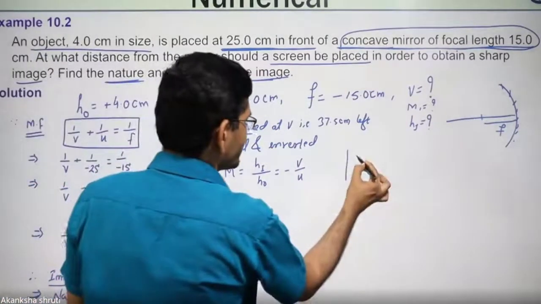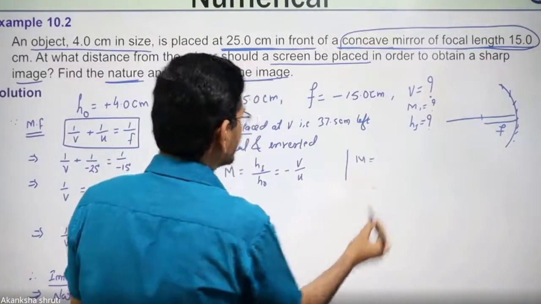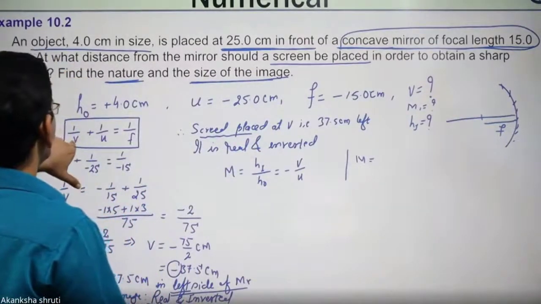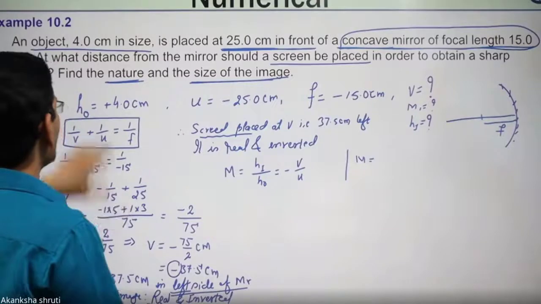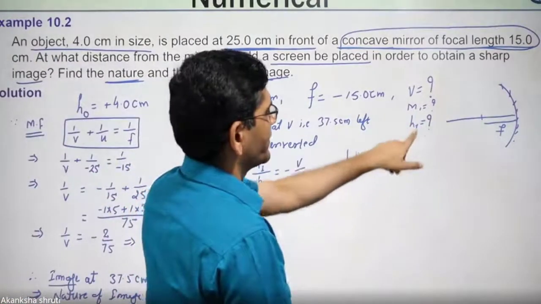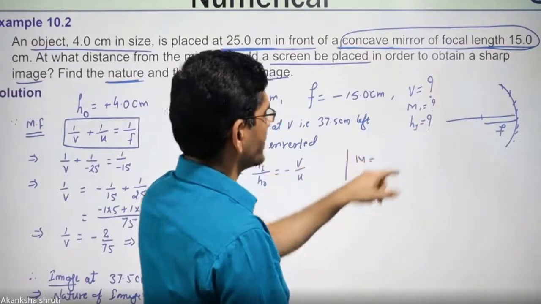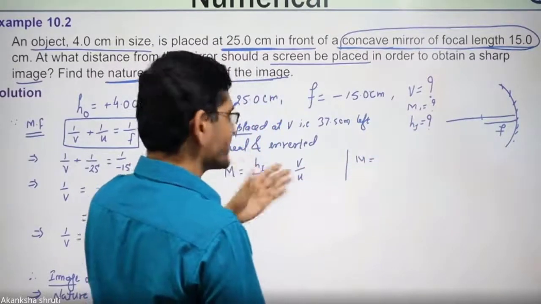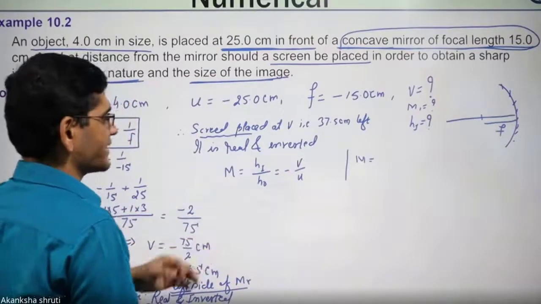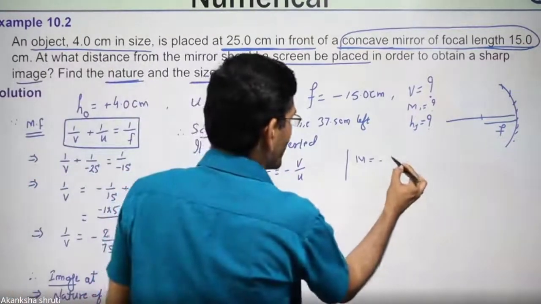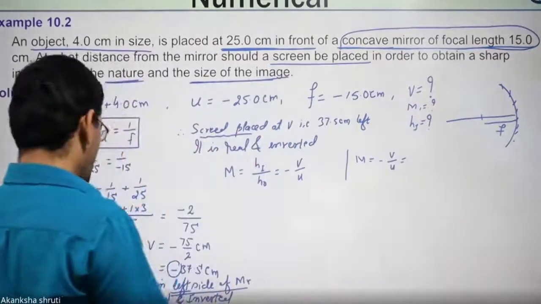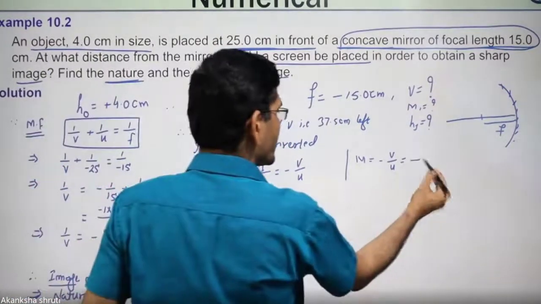Students, what is the magnification here? For calculating the magnification, we shall know either V and U, that pair, or HO and HI, that pair. Here HI is unknown, so using this first part we cannot calculate, but using minus of V by U, that can be calculated. So use this minus of V by U to know this magnification. Minus is of the formula.